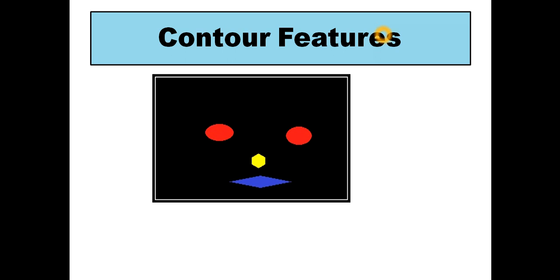And if you have not gone through it already, then please find the link for that lecture in the description box below. Contour is a very important part of object detection. So as a computer vision expert or as an image processing researcher, you have to know about it in detail. So let's start today's class.